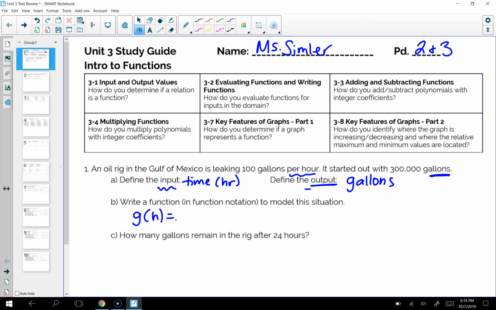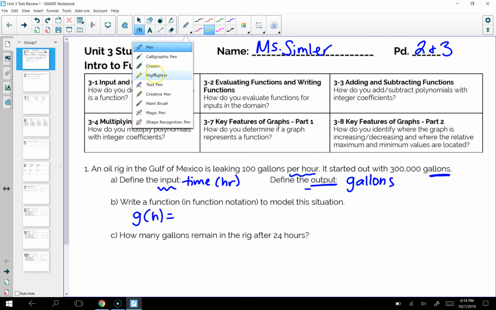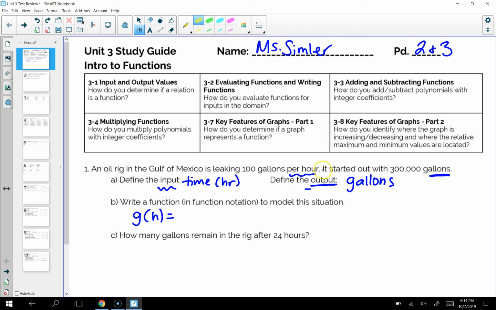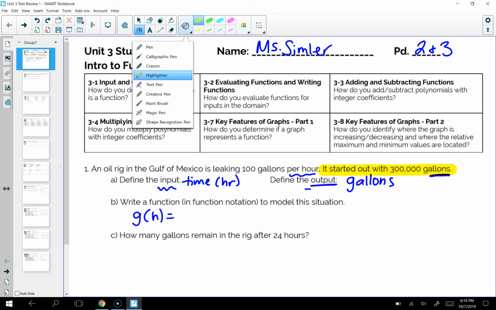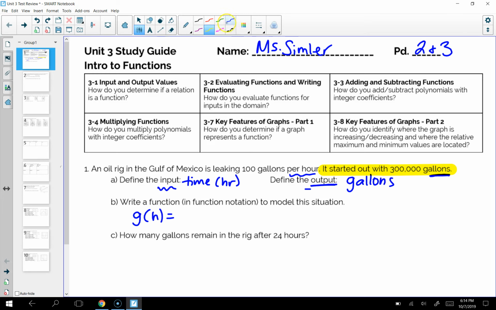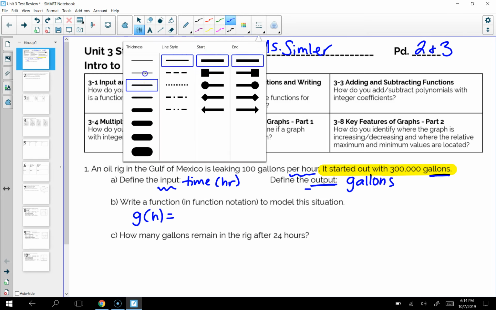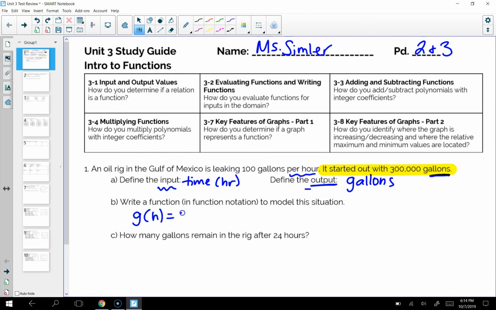Okay, so this started out with tells you how to start out your equation. We started out with 300,000 gallons. So we're going to start my equation with 300,000